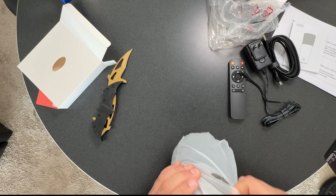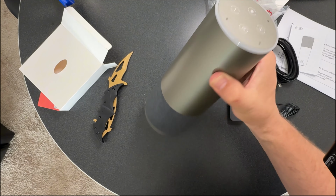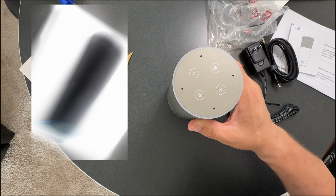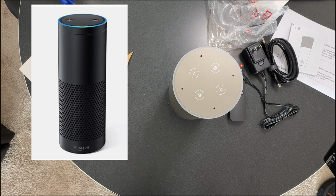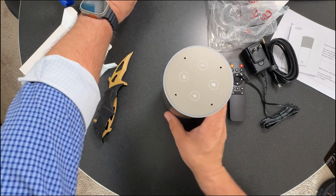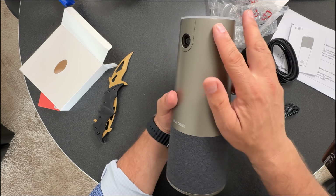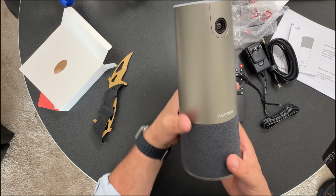It looks a lot like my favorite of all time of the Amazon Echo devices, the old version of the standard Amazon Echo. That really reminds me of that. Although the color is a lot nicer. It's got sort of that grayish silver, maybe coffee would be best, a good word to describe